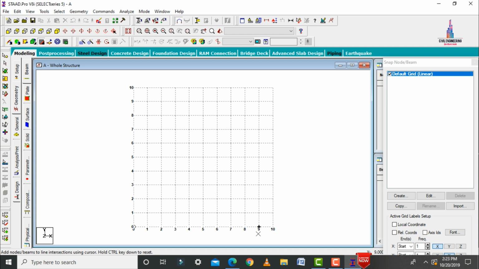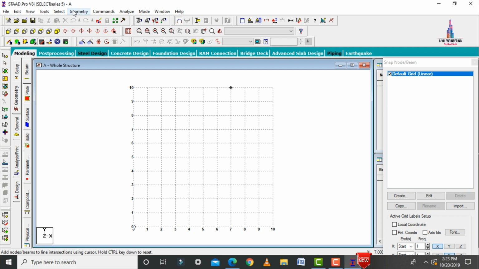It will consist of 10 grids in horizontal as well as 10 grids in vertical. So before modeling the 5-story apartment building, initially I will model the ground story for this structure, which is nothing but the plinth beam level. So after that I will consider the remaining design sections for this house.